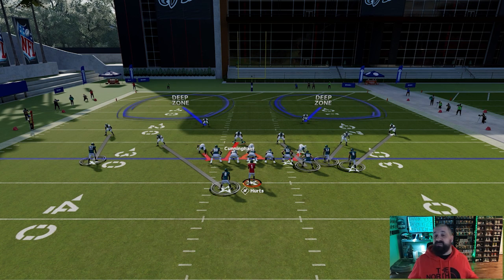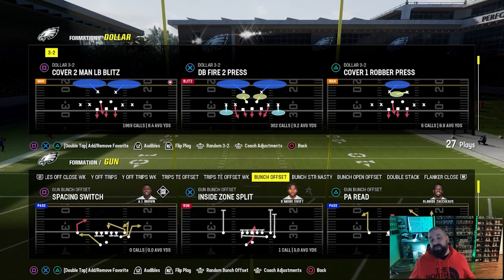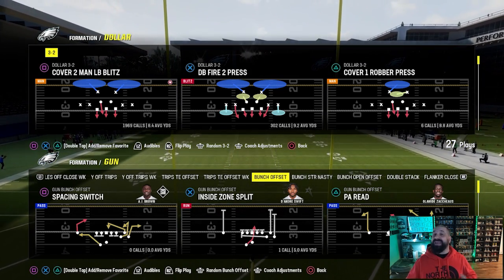It doesn't mean that it's going to stop it every time, but if you ever find yourself going against a man coverage and you're like, why is their defender almost running the routes against my wide receiver? It's because they probably set up the right combination against the routes that you're using. We also have base align and man align, which are things that you can do within the game